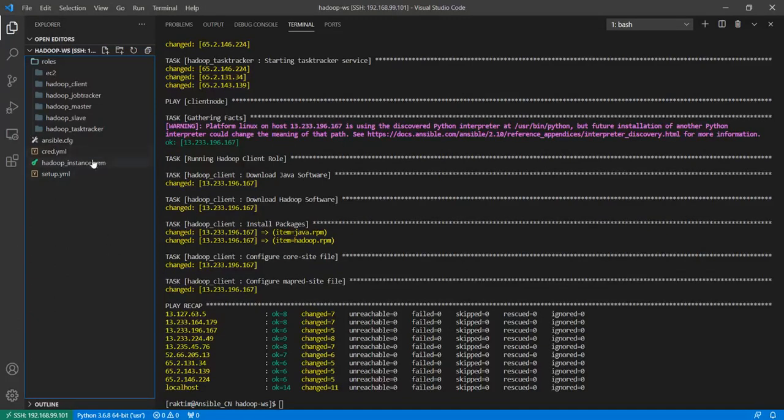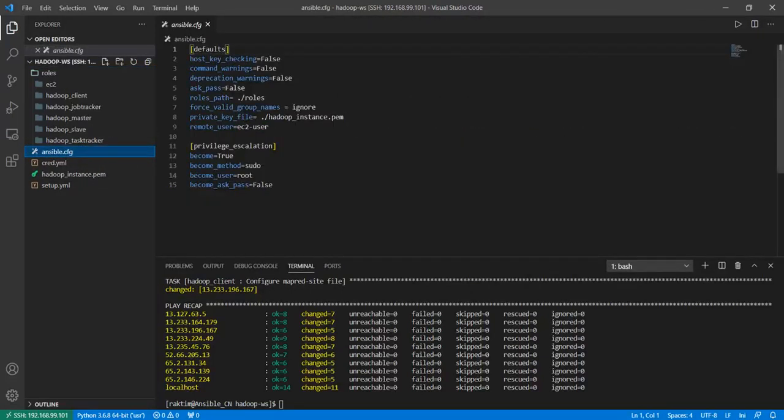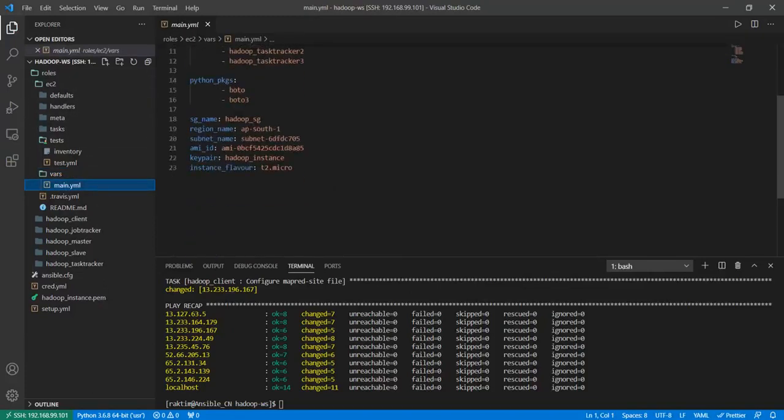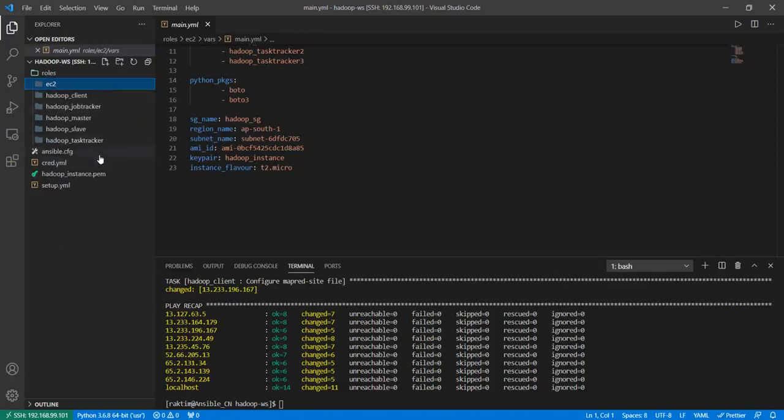So just create these 2 files, and if you create another PEM file, then in this ansible.cfg file change this name. And one more small thing, without which it will fail, is in vars. Go to the EC2 role, go to vars, and here you can see there is one subnet name. Change it to your own subnet name, because each account has its own subnet IDs. Just change it here, and that's all. Then after that, just deploy and it will work very smoothly.